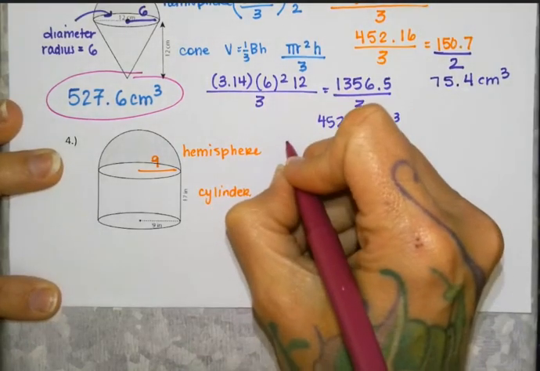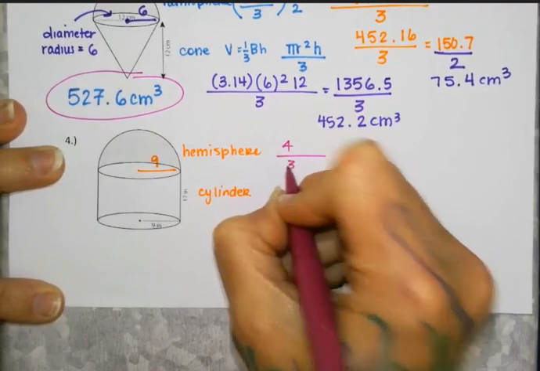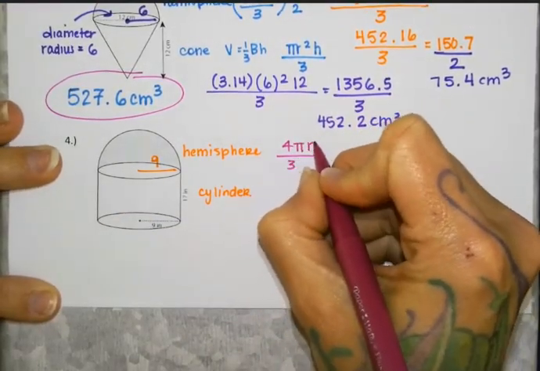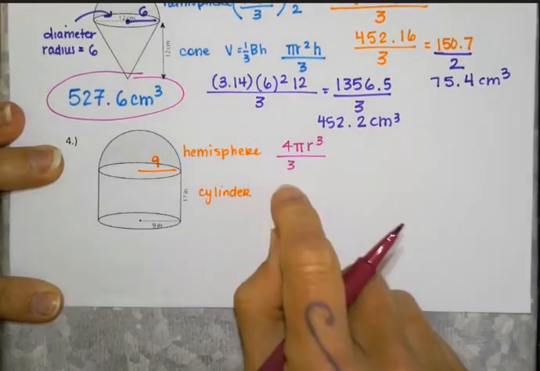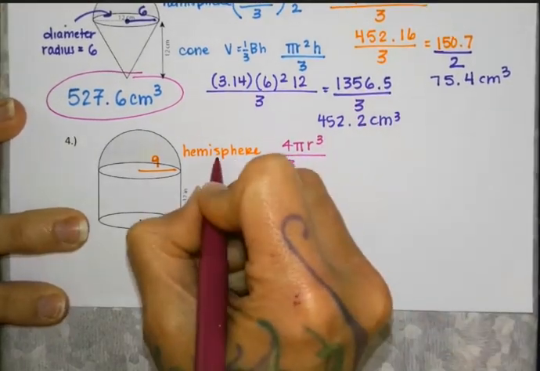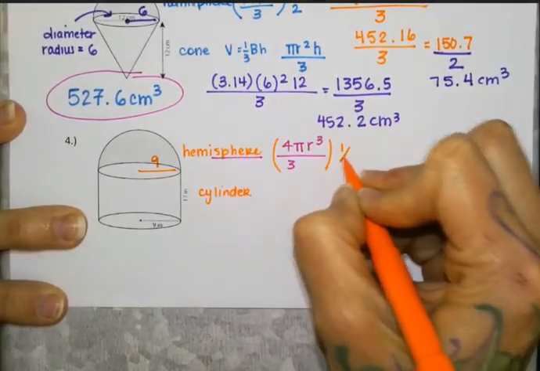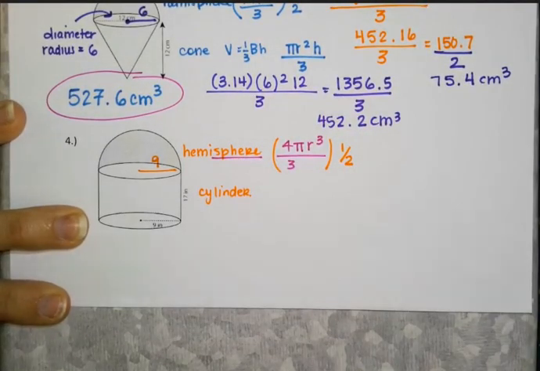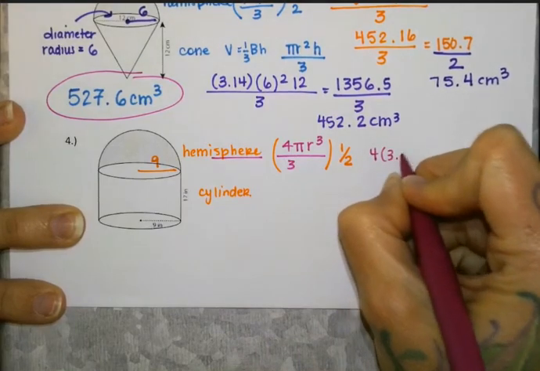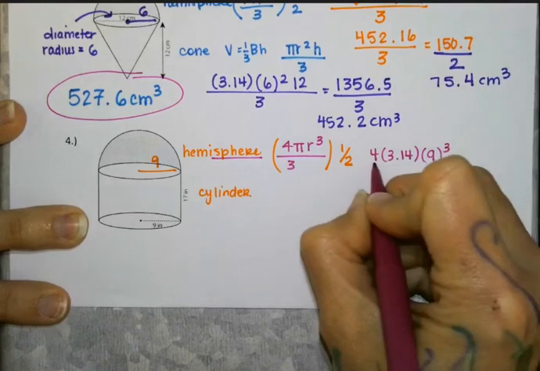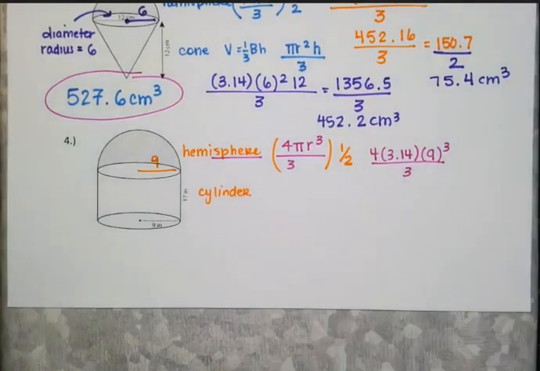So hemisphere again, 4/3, because that 4 is strange versus our 1/3 for everything. Pi, we're going to use 3.14. Radius cubed, that's our sphere. So that's just the full sphere, and then we're going to multiply the whole thing by 1/2 once we get our answer. So 4 times 3.14 times our 9 cubed, not squared, and then we're going to divide the whole thing by 3. So we'll get our sphere first. 4 times 3.14